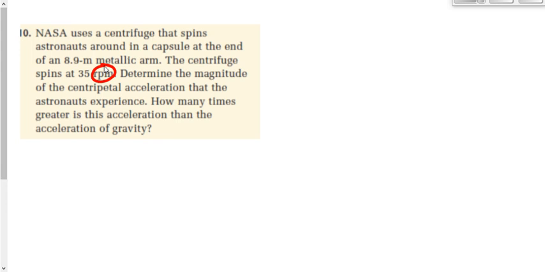They put you in the centrifuge, basically a 9 meter long thing that spins around, and they spin it faster and faster, so that at some point the wall pushing you in, the centripetal force pushing you in, becomes bigger and bigger. At some point, the centripetal force pushing you in is the same as the force of gravity pulling you down. Then when we spin it faster, it's twice as big, then 3 times as big, then 4 times as big, and so on. Basically what they're trying to do is make you pass out. They're trying to see how many G's you've got to experience before